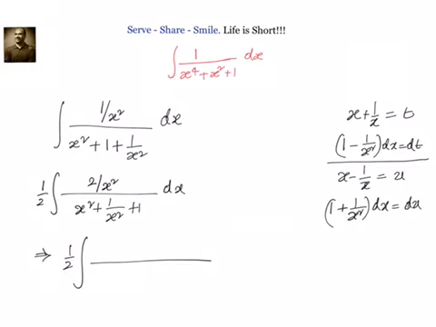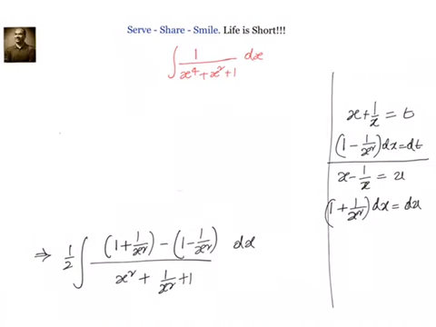So what I will do now, I'll write it as 1 plus 1 by x square. That will take care of the part where x minus 1 by x, if I take it. Then I have to subtract that with 1 minus 1 by x square, so that 1 and 1 get cancelled and 2 by x square will be intact. So this step will become now x square, denominator will be as it is. Now let's go to the next step. That's equal to, we can write it as